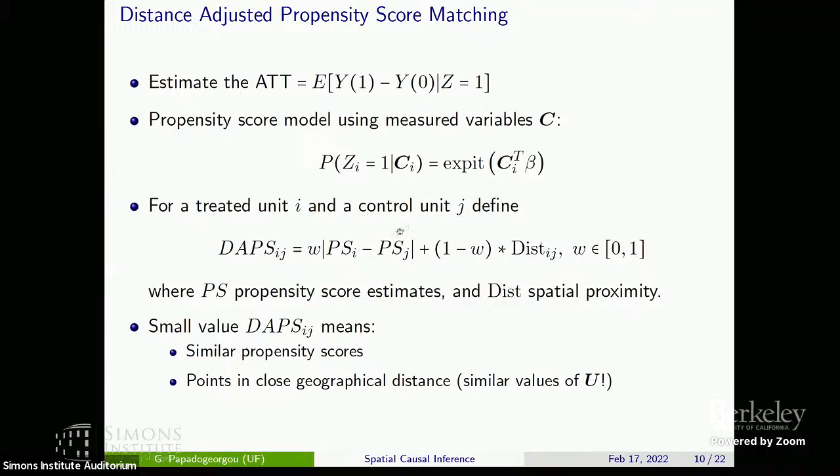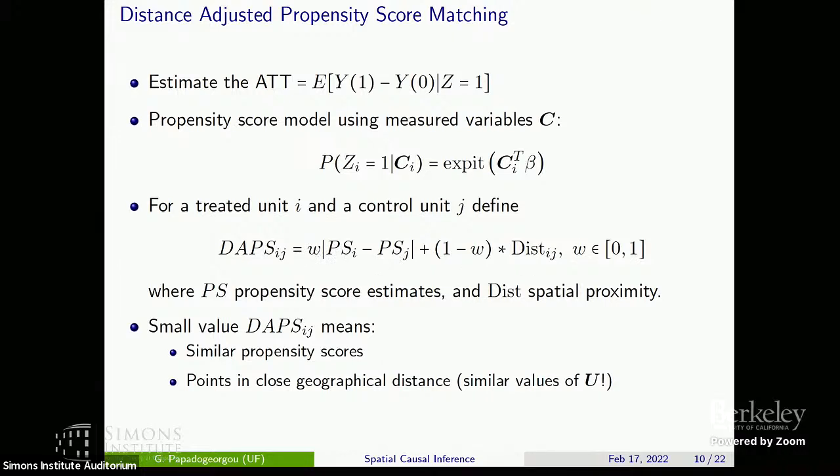So we combine propensity score difference and spatial proximity in one measure that is called the distance adjusted propensity score, or DAPS. When we have a treated unit I and a control unit J with a small value of DAPS, that will mean that their propensity scores will be similar, and the treated and control unit will be nearby in space, so their spatial confounder will also have similar values. And this parameter W controls how much weight we want to give to the measured variables compared to the unmeasured